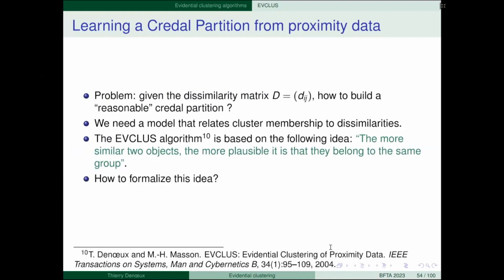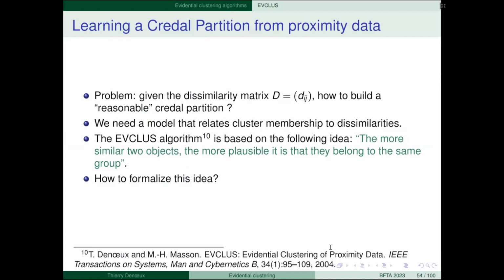We don't assume that we have attributes. If we do have attributes, we can always compute distances between them, but it's not required. So based only on the distances or dissimilarities, how can we build a reasonable Credal partition? We need a model that relates cluster membership to dissimilarities, and we will use the following principle.